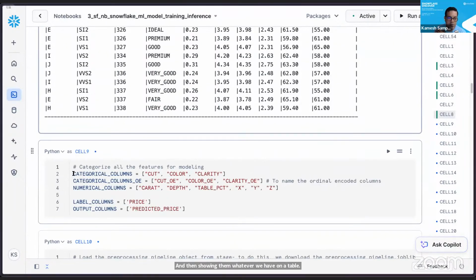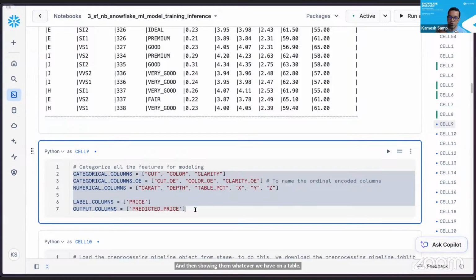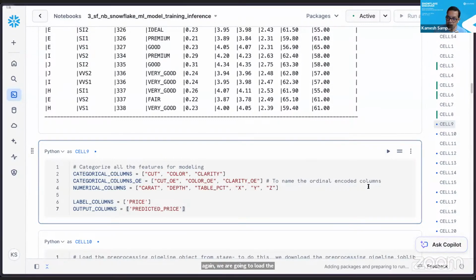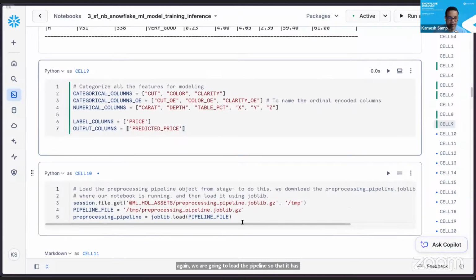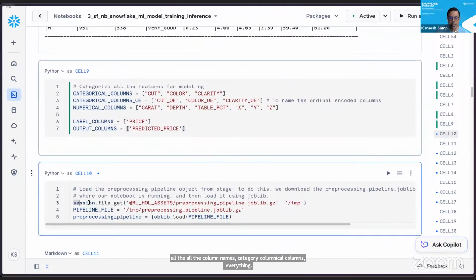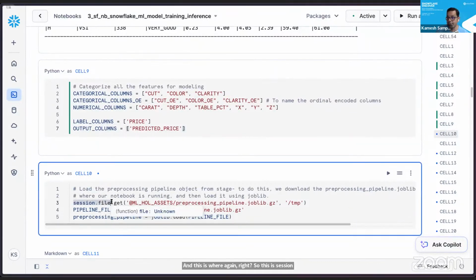These are mostly for the regression model to have these column names so that it picks up. Again, we are going to load the pipeline so that it has all the column names, categorical columns, numerical columns, everything. This is session.file. If you remember the dynamic file access that we talked about in the Snowpark API, I'm using that to load the pre-processing pipeline that we stored earlier.